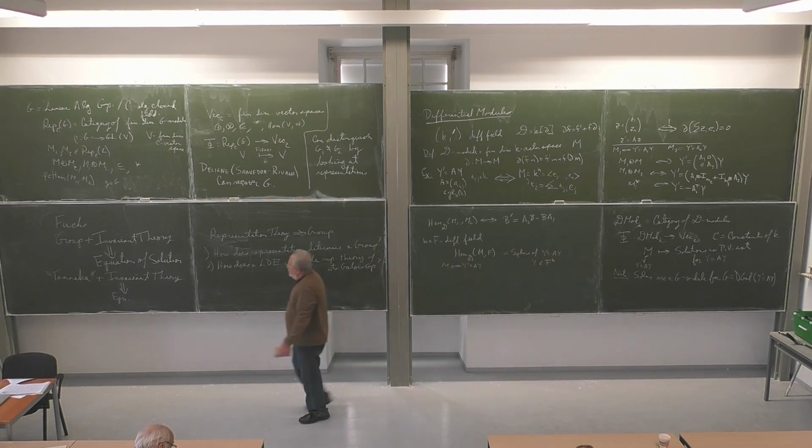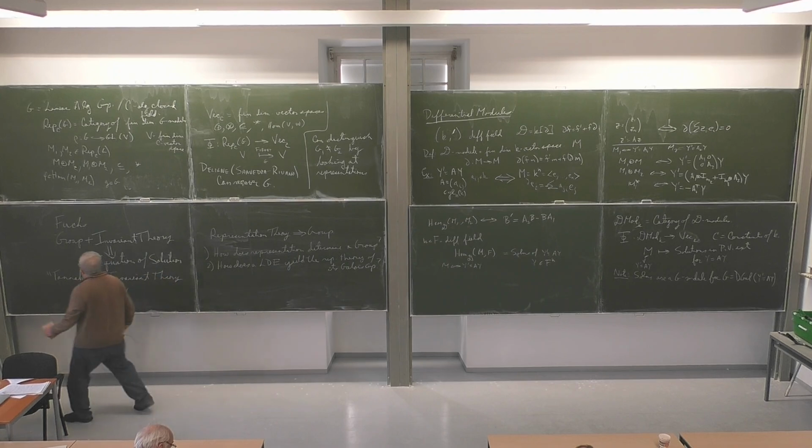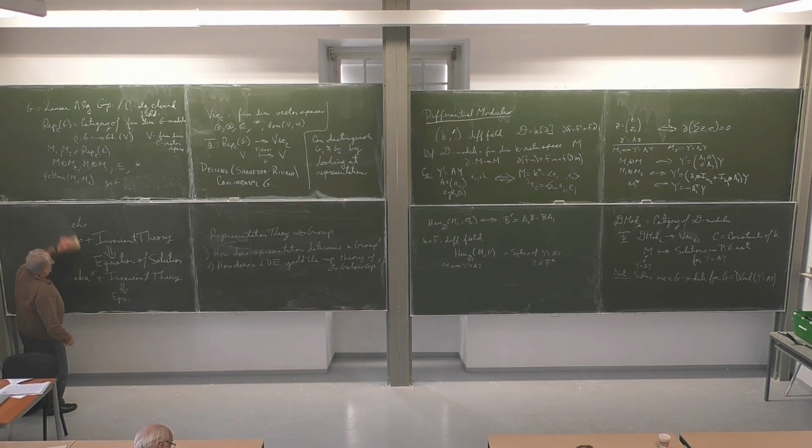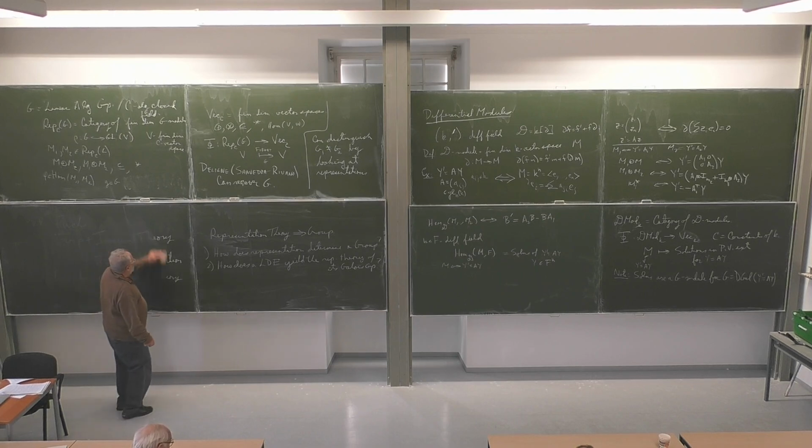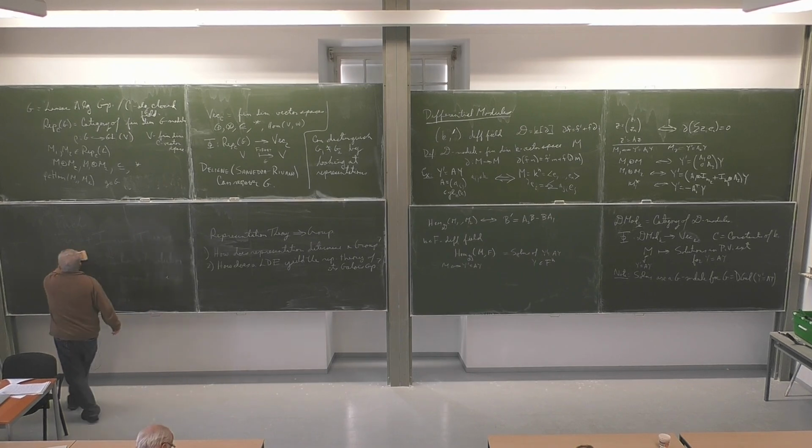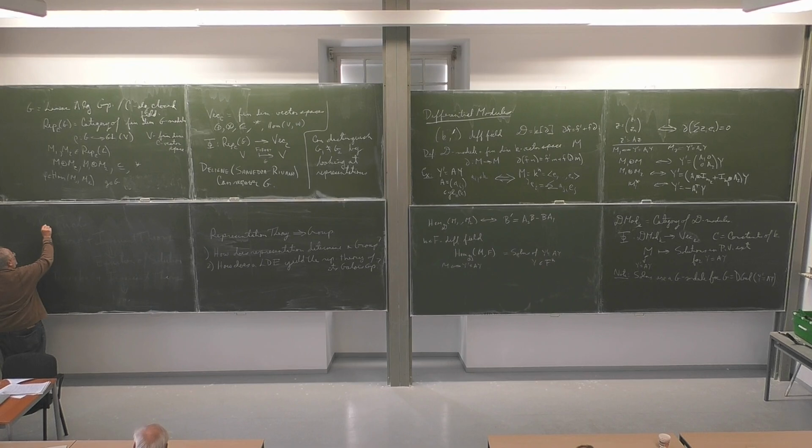So I don't want to look at the whole category right now. I want to start with some module M corresponding to M equals AY. And I want to look at